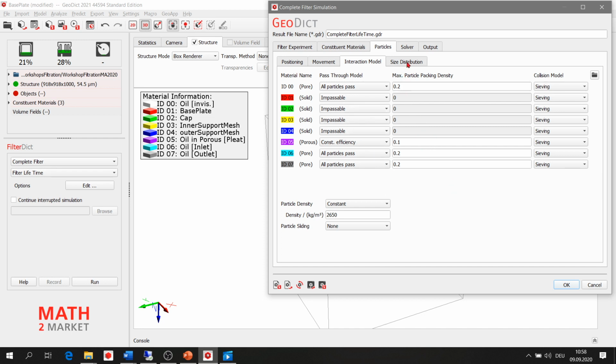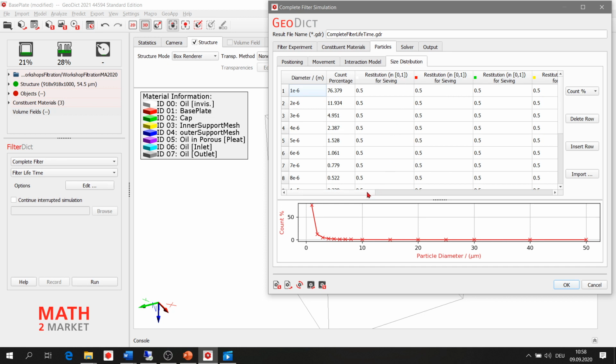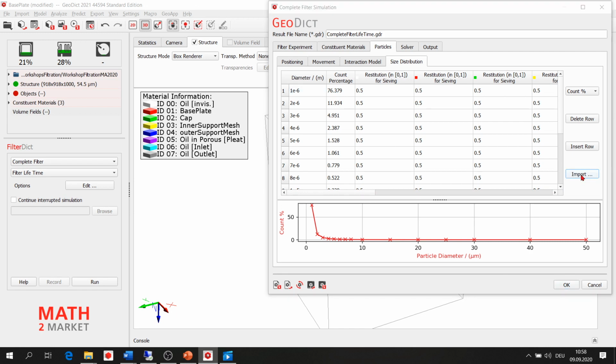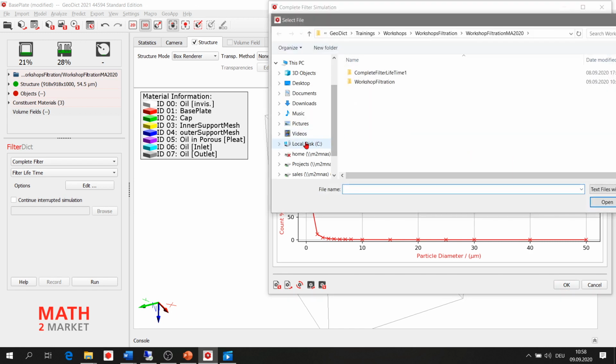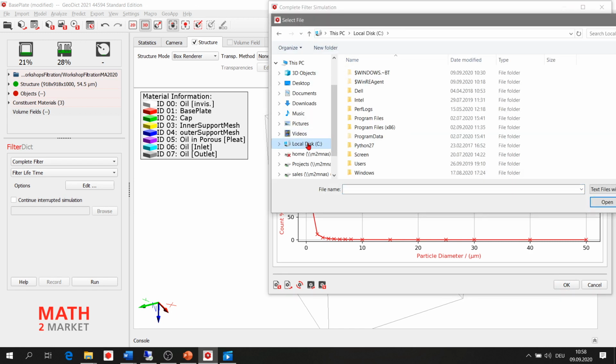So under size distribution, I would import the ISO A4 coarse particles. This can be found normally in the folder where GeoDict is installed.